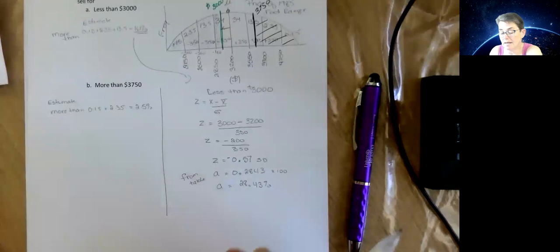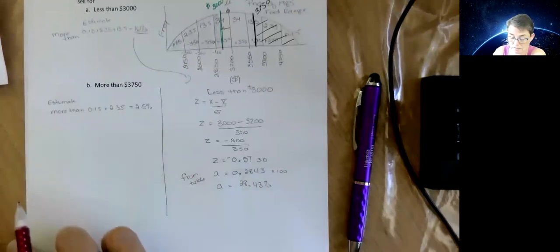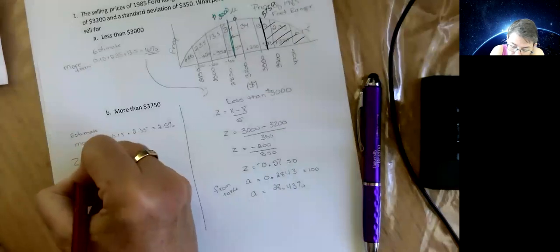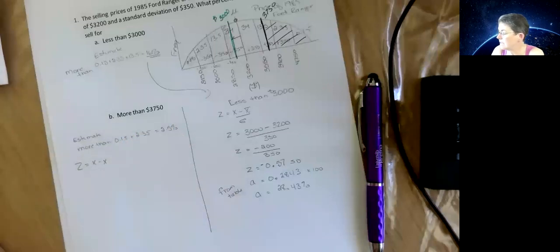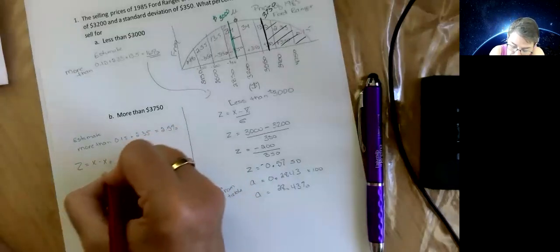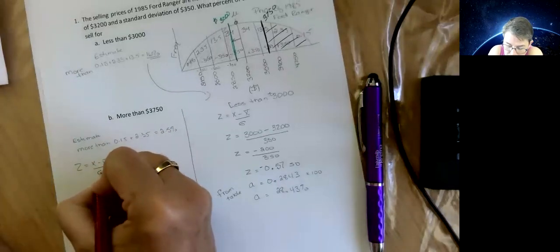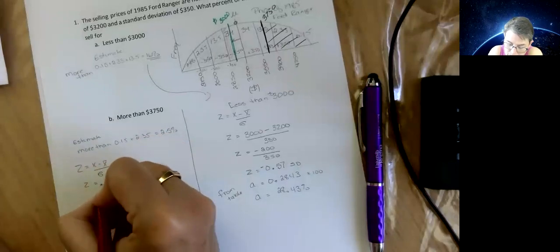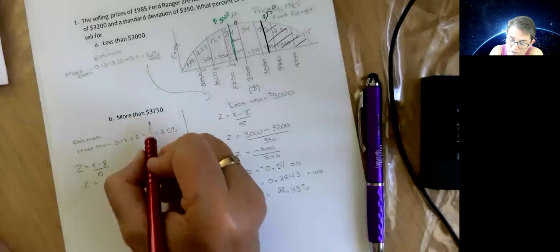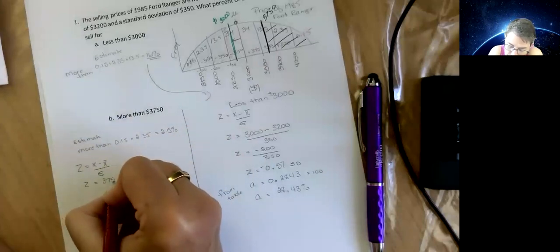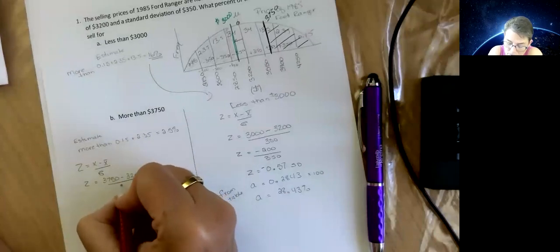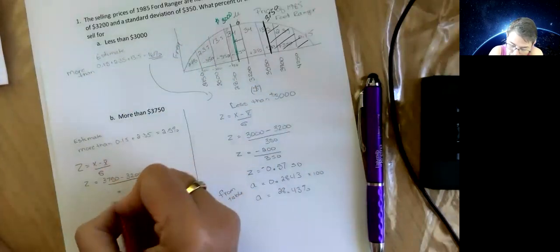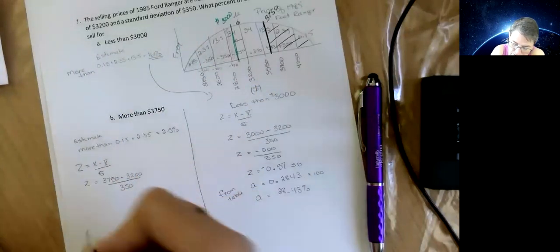But in that area is not good enough. You know that. So set z-score: x minus x bar over sigma. Sorry, just checking our textbook to see if they actually give you the formula somewhere. Z is equal to, now what's the number we care about? The number we care about is 3750 minus 3200 over 350, over standard deviation. So Z,